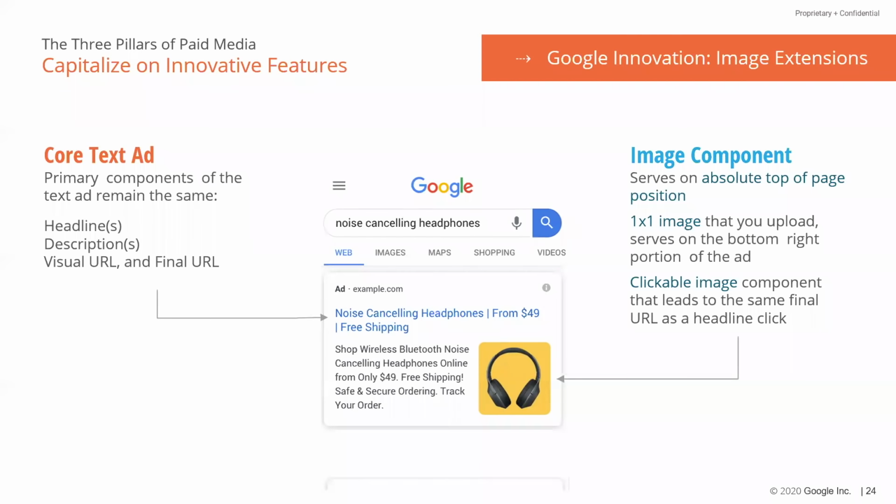So this is how the image will incorporate into the ad. Again, you have the core text ad, very similar to your standard text ad from Google, with the image component now introduced right alongside there. So the image is pretty natively incorporated into that text ad box. But as you can see, it just makes it a much richer, much more visually enticing kind of ad format. So that is the standard image ad. And then on the next slide,